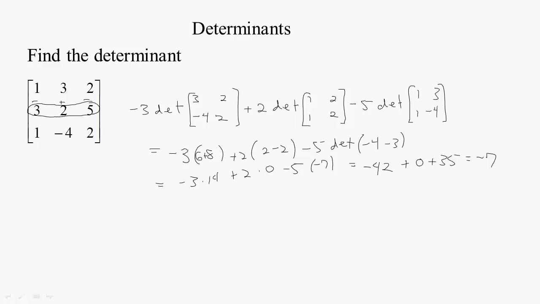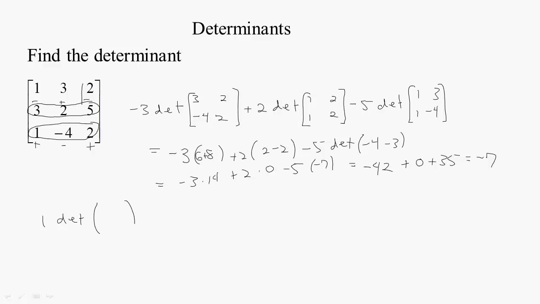And it doesn't matter what row or column you expand along. We could have just as easily, let's do this one. Let's expand along that bottom row and see that the answer is the same. Again, the checkerboard is always plus in the upper left, so you have plus, minus, plus. So the 1's in a plus position, the negative 4 is in a minus position, and the 2 is in a plus position. So we have 1, since 1's in a plus position, I won't mess with its sign, times